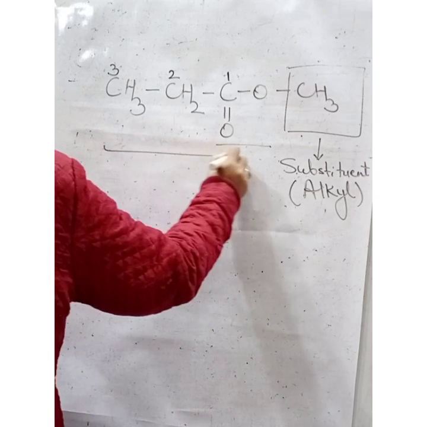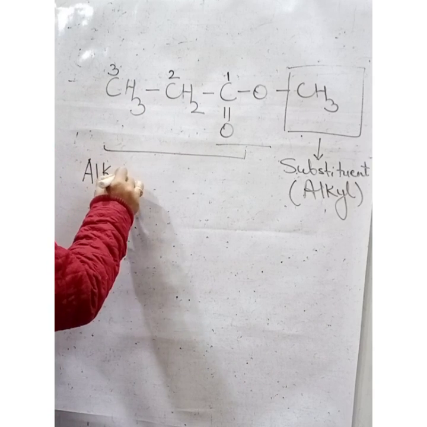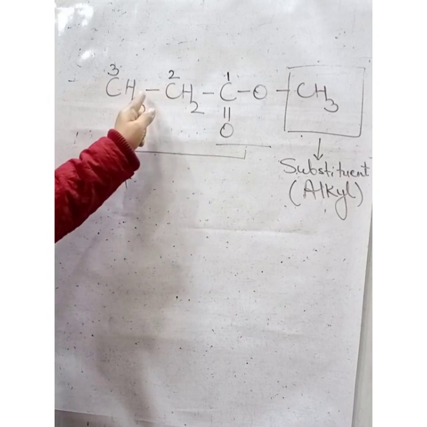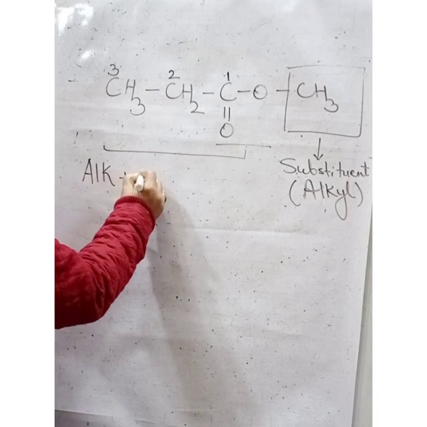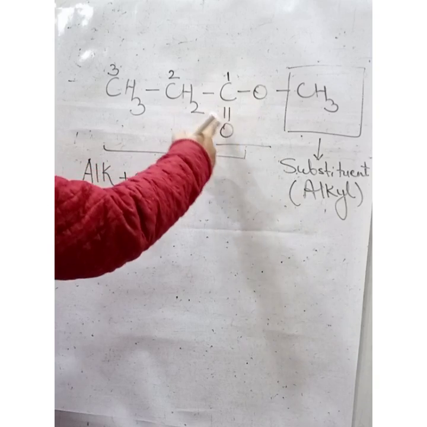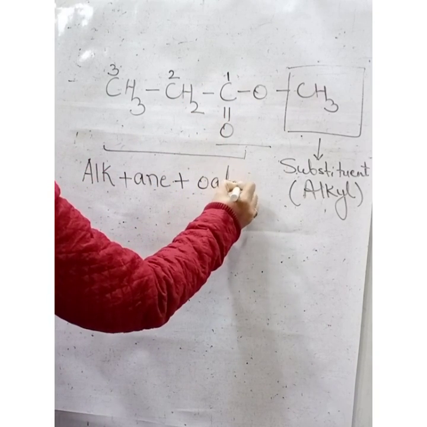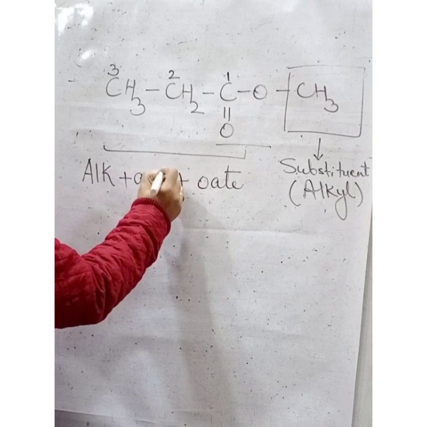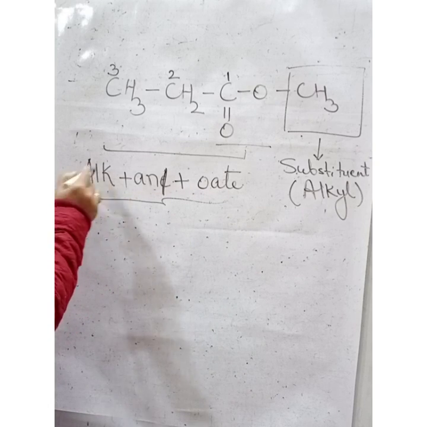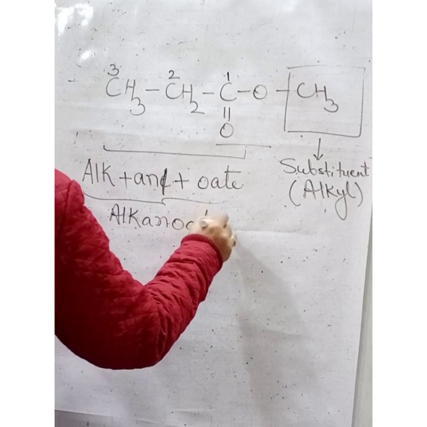Now as per the rule, there are 3 carbon atoms, so alk is your word root, plus a single bond is present between carbon atoms, so ane is your primary suffix, plus this ester functional group uses a secondary suffix oate. Since it is beginning with a vowel, the terminal E of the primary suffix is dropped and together it is named as alkanoate.